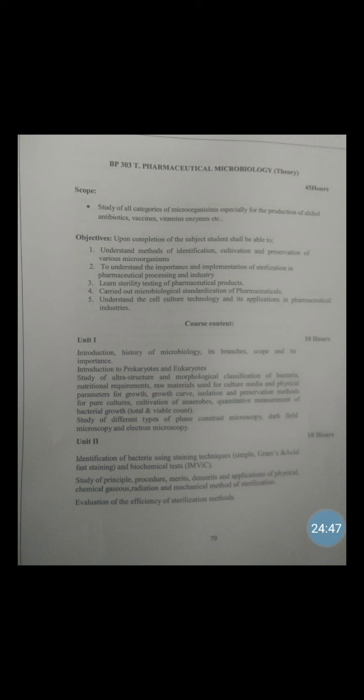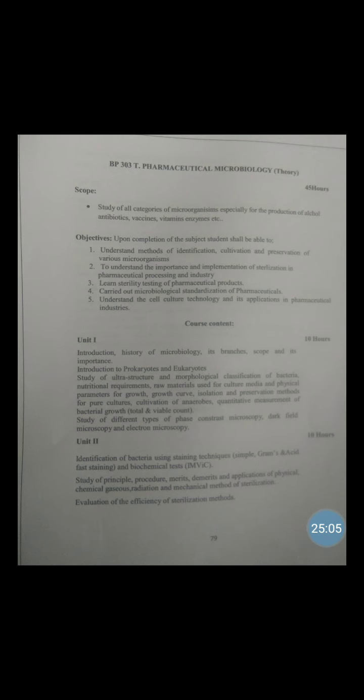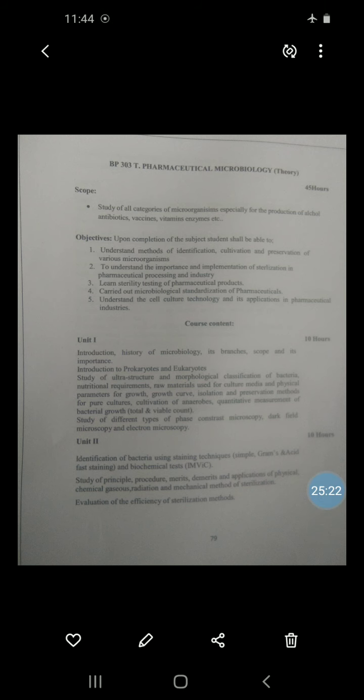Third, signal detection. It consists of detectors which collect the signals, and next electronics which produce an image from a signal. So this is all about electron microscopy. There are two types of electron microscopy: scanning electron microscopy and transmission electron microscopy.